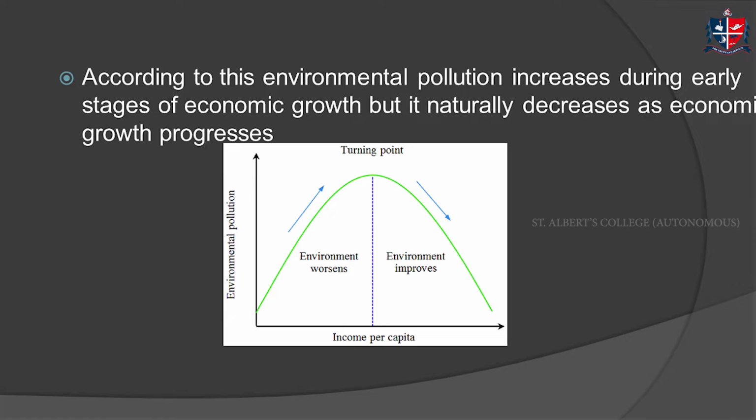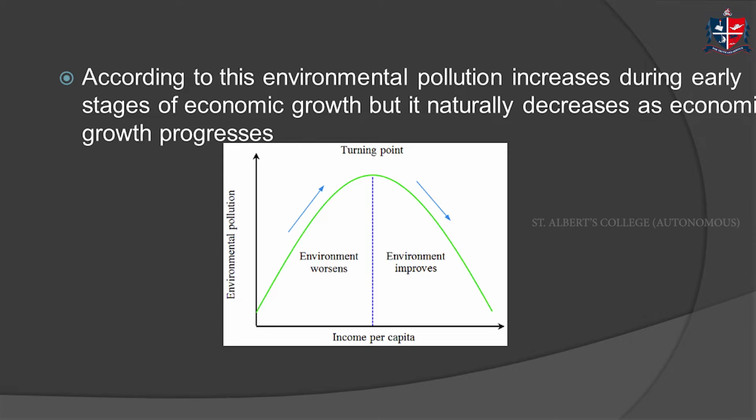In the initial years, as the income increases, the environment worsens. The y-axis is environmental pollution, so this is linearly increasing. But there will definitely be a turning point. We'll reach a point where even if the income increases, even if there is progress in the country, the pollution or the harm it causes the environment gradually starts decreasing. This is the turning point, and this curve is called the EKC curve. This is just one of the many studies going on to analyze the relation between environmental pollution and economic growth. I hope this graph is clear.